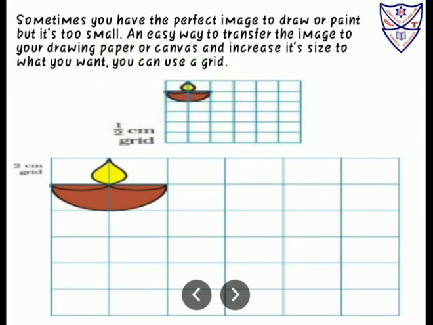See here, this deer is drawn on a half centimeter grid. But if I want to draw the same image a little bigger, enlarged, what should I do? I cannot draw directly, because then the shape and size will change a little, but I want it exact. Then what should I do? On this I will make grids. See here, like these grids are made.